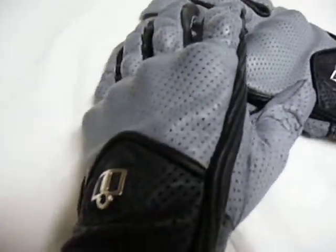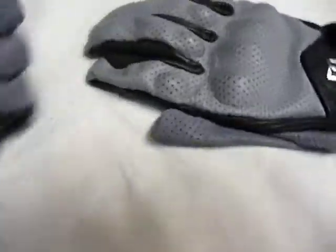Second thing that I wanted to show you, or I just kind of noticed throughout the day when I was trying on different types of gloves, is this. Hang on one sec, I'll show you. Get on there,